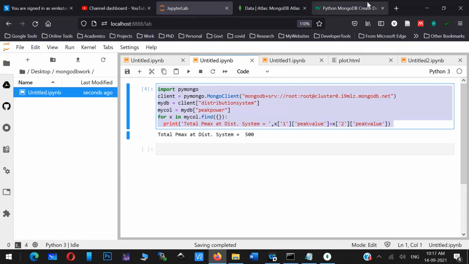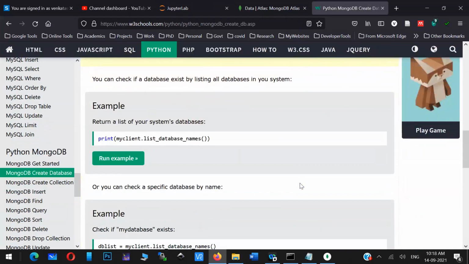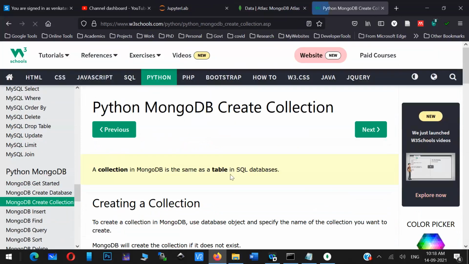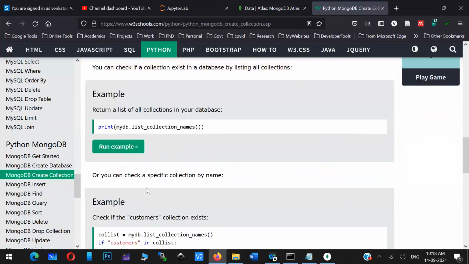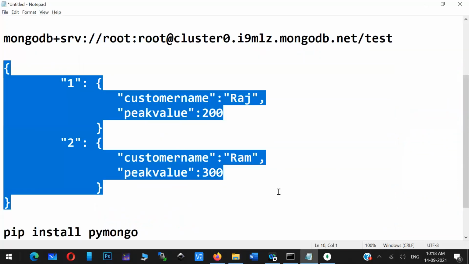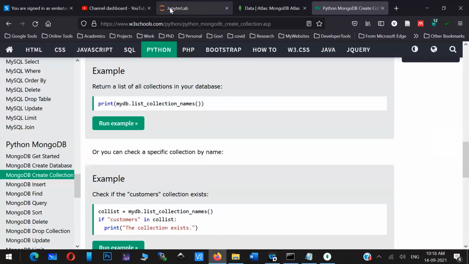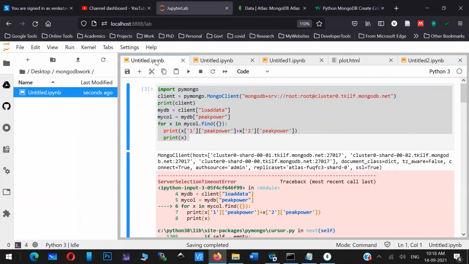So similarly, if you go through this particular tutorial, they will give you the detailed procedure, how you can create a database, how you can create the collection, and how to insert everything. So you just have to follow that particular tutorial. That is good. Because of the shortage of time, I may execute some demonstration, but you have to take it up and execute.